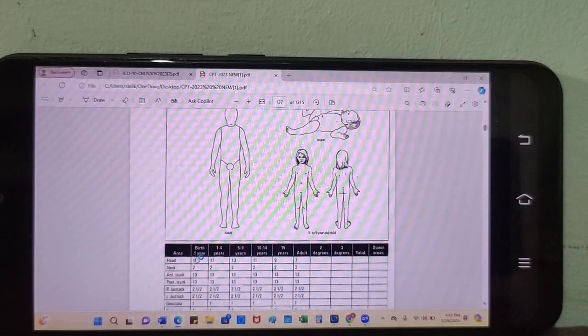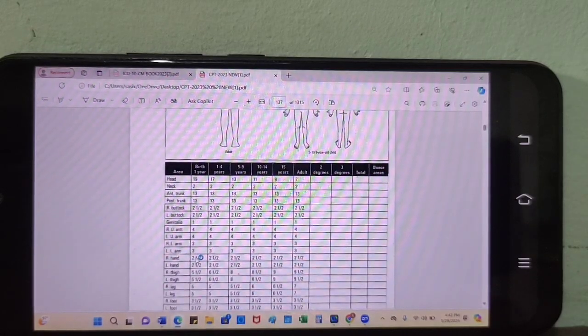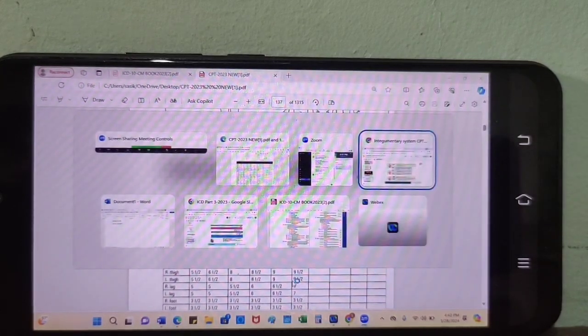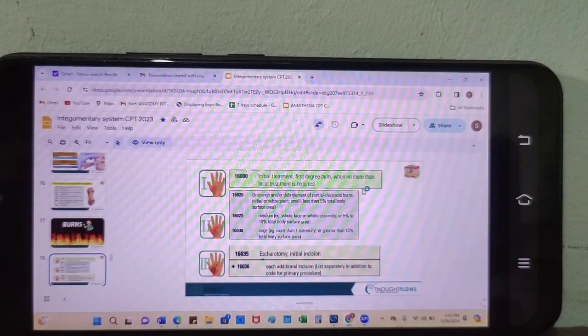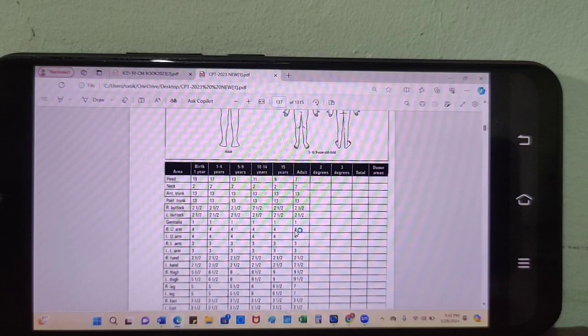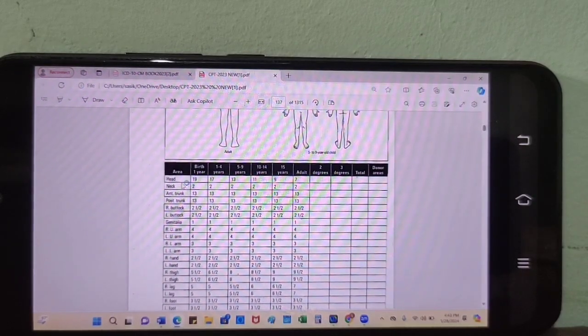By using this table, you can get the total body surface area, whether 5% to 10% or less than 5%. More than 10% you should consider as large. So using this table, you can easily find the burn percentage, the total body surface area. The anatomical sites are given on the left side of the table, and the corresponding ages are at the top. For example, patient age